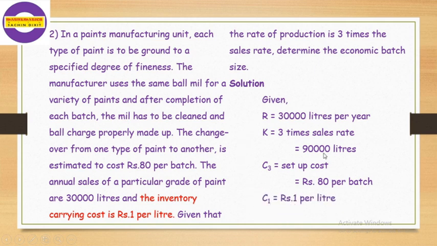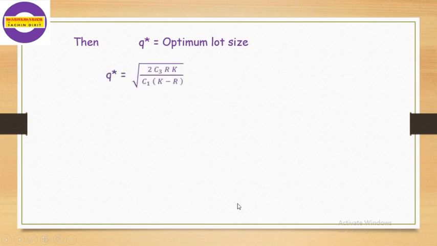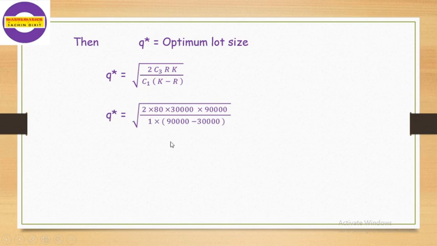Now we know the values which we require, and we put the values into Q star. The optimum lot size Q star is equal to the square root of 2 C3 R K divided by C1 into (K minus R). So substitute the values. After simplification of these values, we get the value of Q star as